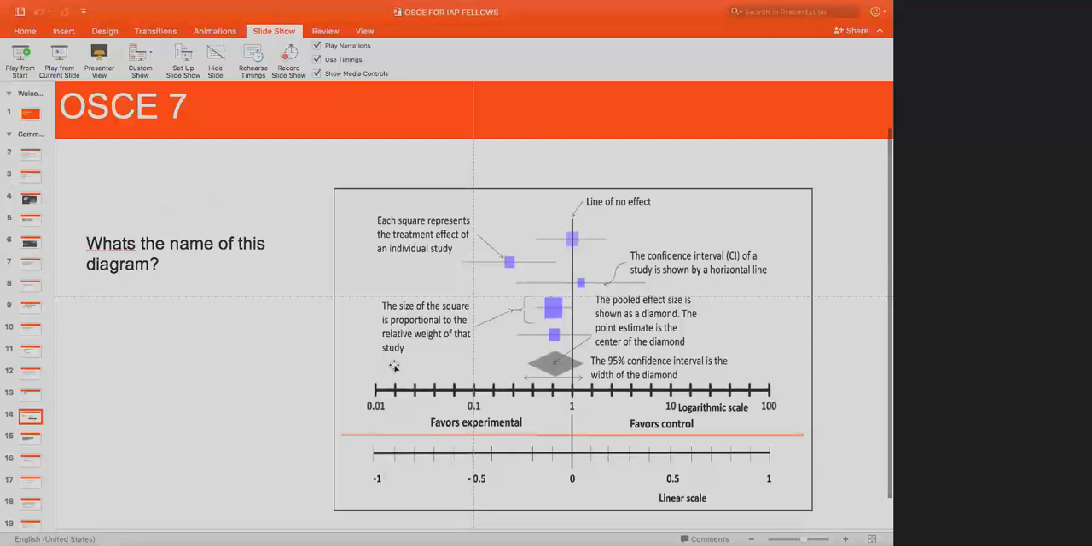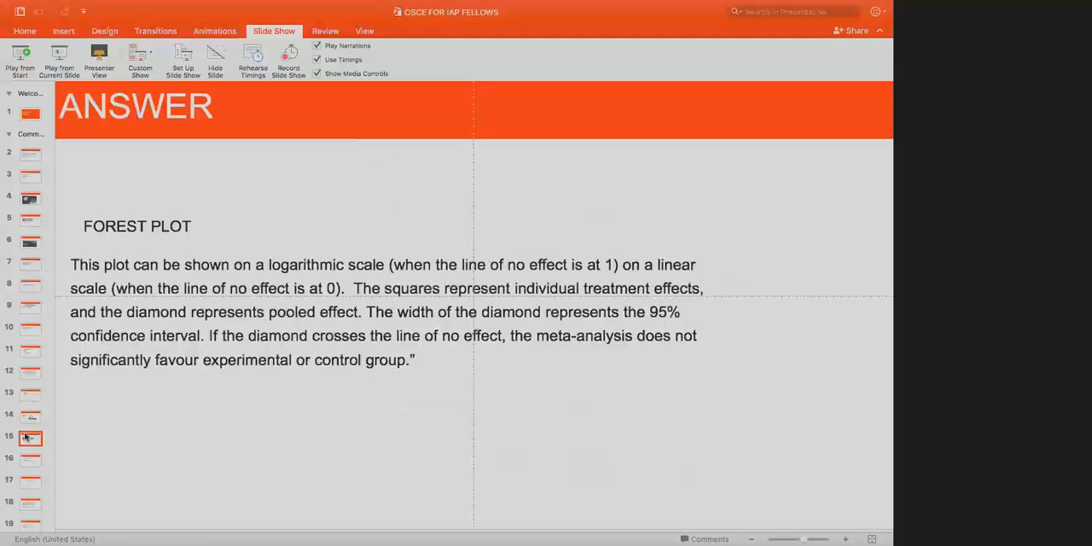So what's the name of this diagram? Okay, this, I think everyone knows it. Most of them have written. So this is a forest plot. As you can see,